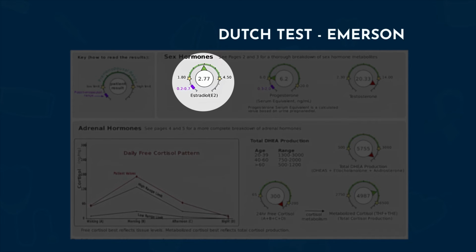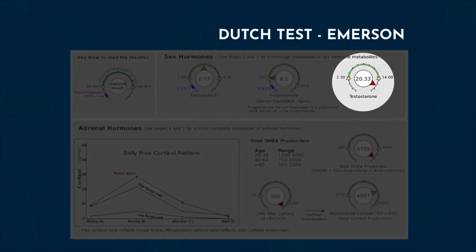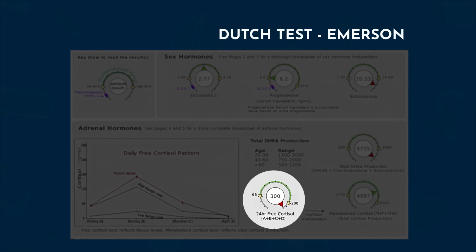And we can see the estrogen is perfectly normal. Progesterone, however, is on the low side. So when we look at the ratio between estrogen and progesterone, there is an estrogen dominance, even though estrogen is normal. We see testosterone is quite literally off the charts. These 2 yellow stars and then the green band shows us what would be appropriate for a menstruating female. And this is off the charts with testosterone. We are also off the charts with DHEA production and off the charts with cortisol.